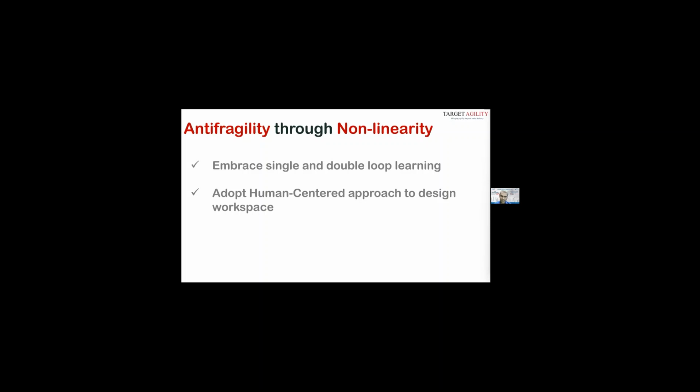There is nothing more useless than doing something more efficiently, which should not have been done in the first place itself. So adopt that double loop learning. Try out various solutions. In fact, when I was working for McKinsey, we used design thinking. People use design thinking for the customer journey map, right? We used design thinking. We considered employees as our customers.